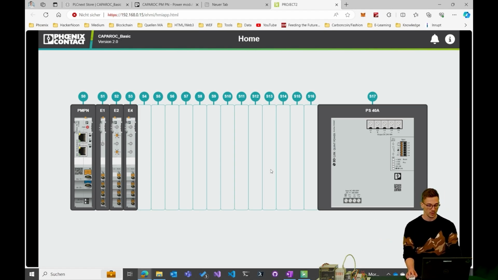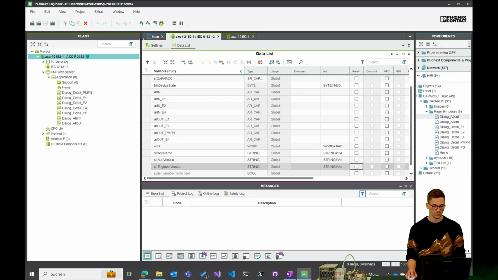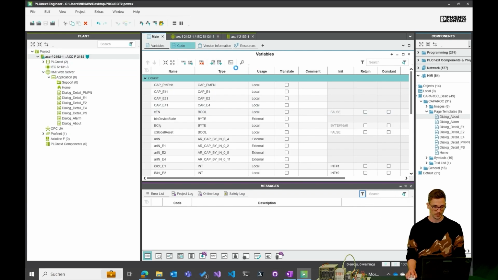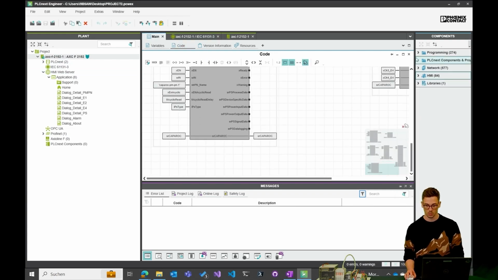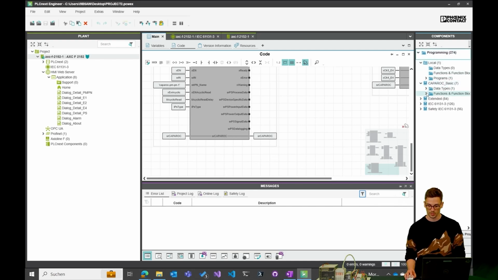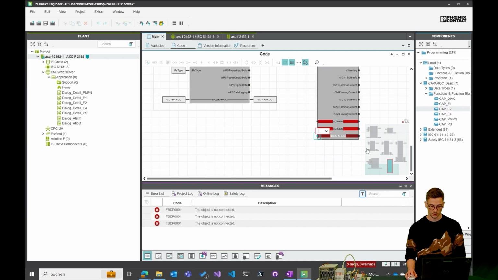So if I want to, let's say, extend this project or this hardware setup, I can just go into my main program. Let's say I want to extend my hardware setup with an E2.